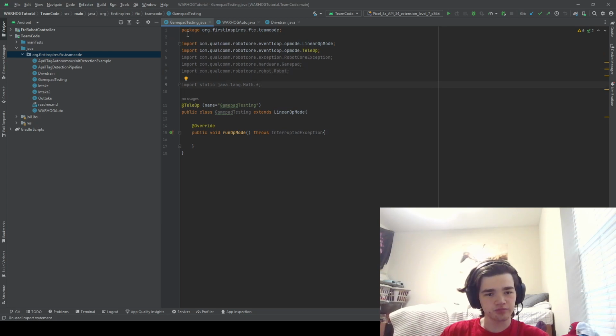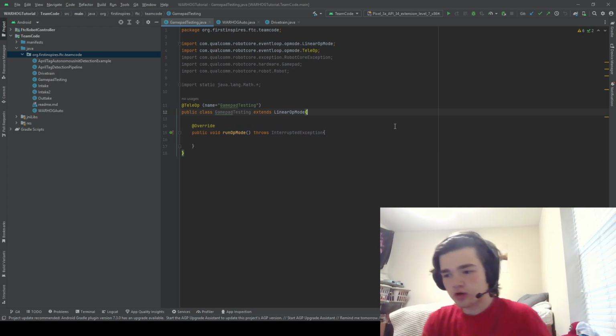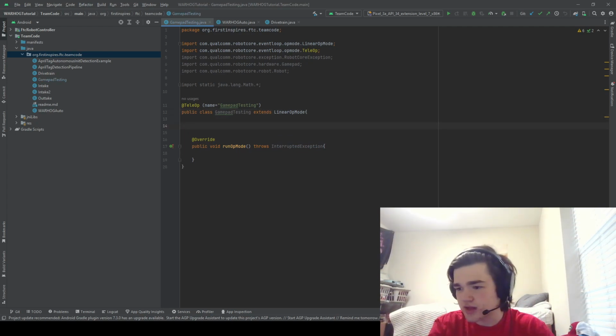And then up here, this will be in by default. It's just saying that the code is inside the package. Then @TeleOp, that's declaring that it's a teleop class. Then extends LinearOpMode. That means that it will work with the LinearOpMode class. And then @Override public void runOpMode. Perfect, right? Seems great. So now what we need to do is add in